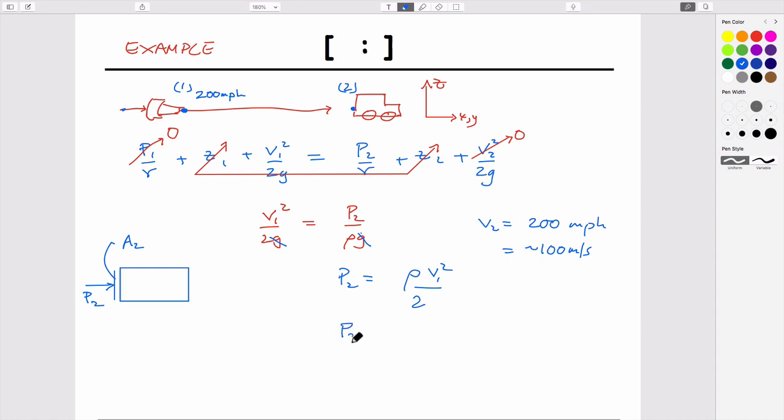And so if you want to calculate the pressure that's applied on the side of this vehicle, density of air is about 1 kilogram per cubic meter. The velocity is equal to 100 meters per second, squared. Have I lost something here? It's to be rho v squared. Yeah, okay, rho v squared. And so if we multiply these together, are those the right dimensions? V squared over 2g, p over gamma, which is rho g. G's go out. Okay. Then we end up with